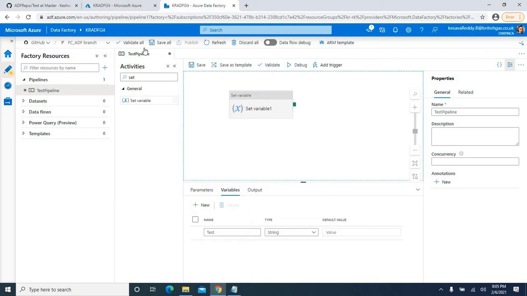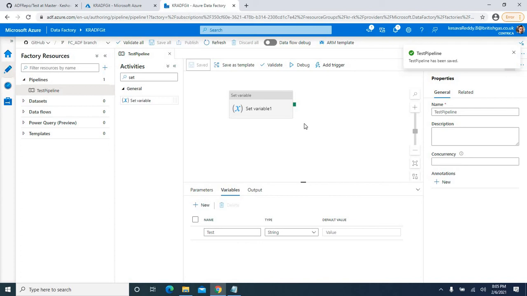All done. If you observe here, there is a save option. Generally, if you get into ADF mode, you can't see the save button. I'll show you again. Let me just save the changes. When you have a source repository set up for your ADF, you can save even though your pipeline is half done, and continue your work again the next day.